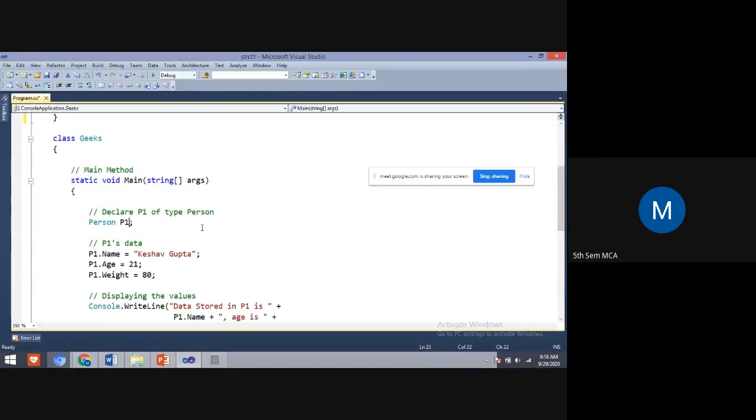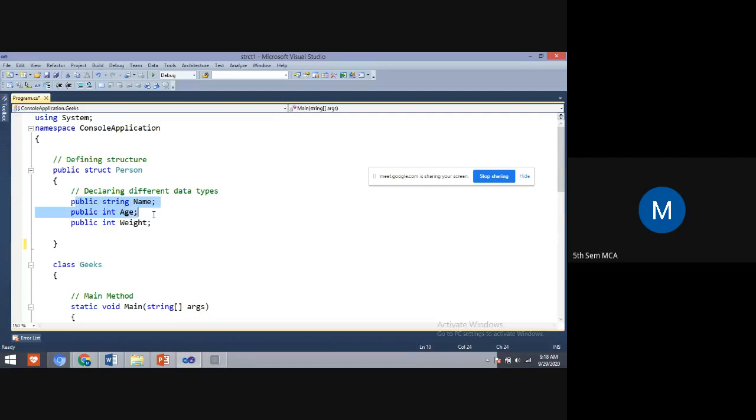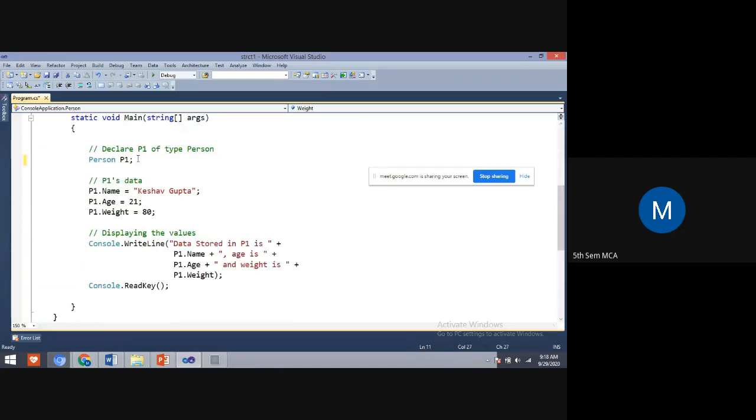See here, if I write person P1, comma, P2, then P3, I can display the details of three persons. So here I take only one person. P1 is an object to access the members of this structure. So P1 dot name is equal to Keshav Gupta, P1 dot age is equal to 21, P1 dot weight is equal to 80.